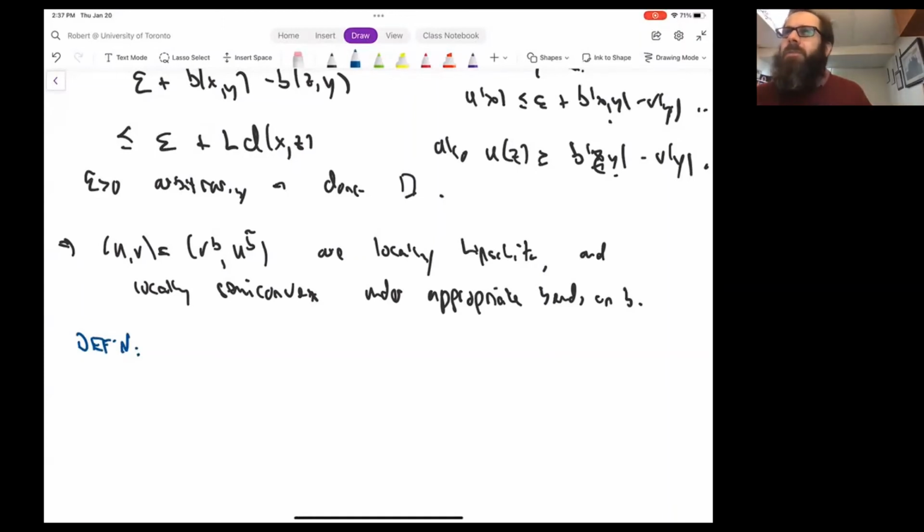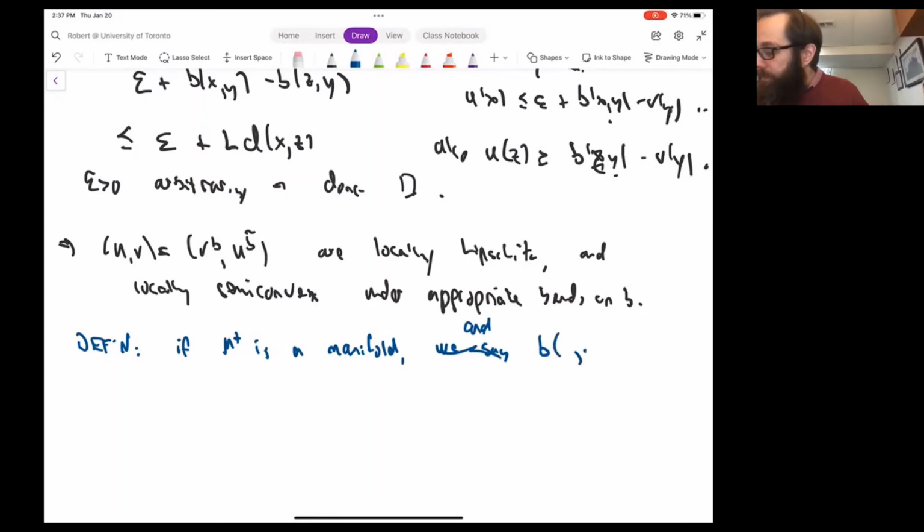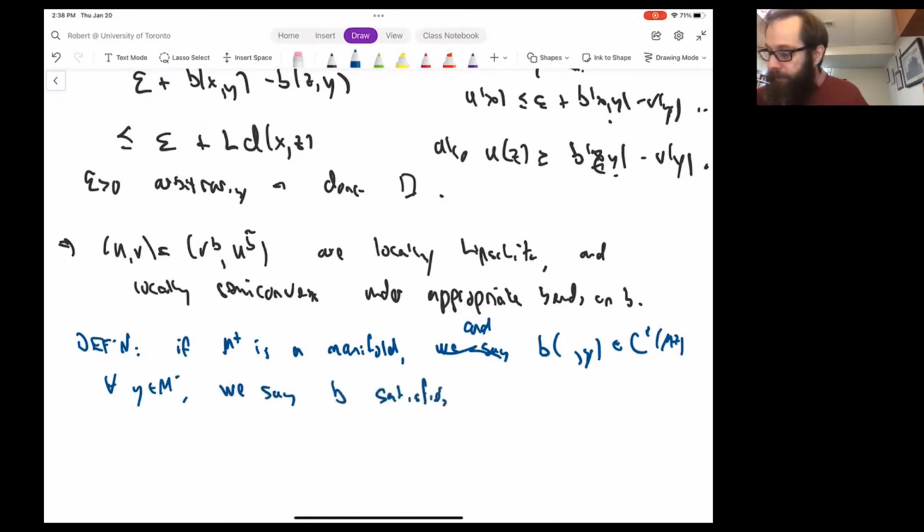So let's imagine, for simplicity, both m plus and m minus are manifolds. What's really important is that m plus be a manifold. So if m plus is a manifold, and let's say for every y, B is continuously differentiable, we say B satisfies twist, or maybe left twisted, or whatever, if and only if